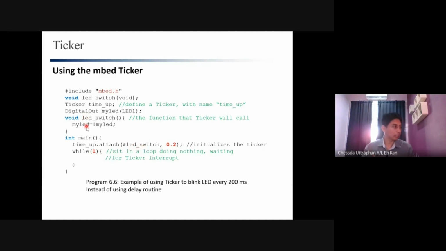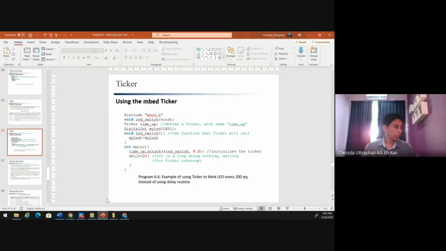So what is that function? This is the function. The LED switch actually toggles the LED, and the main loop is here. The main loop does nothing. So when we run it in our Mbed simulator,